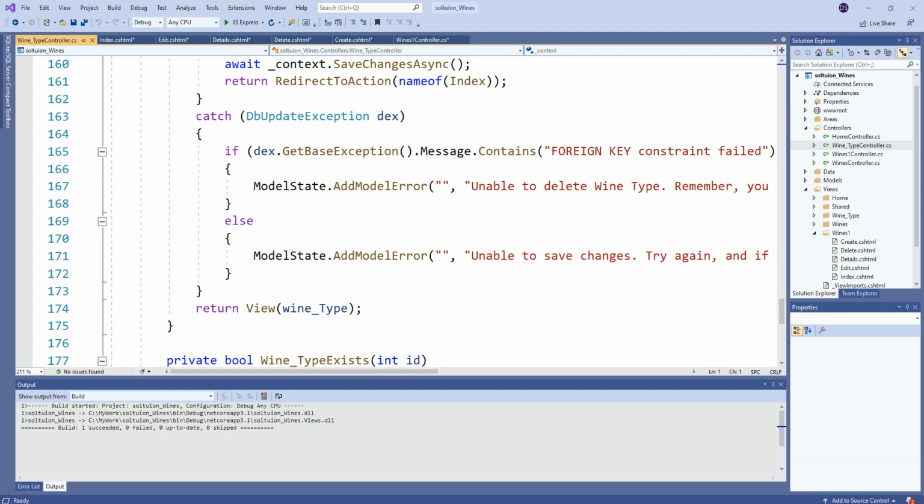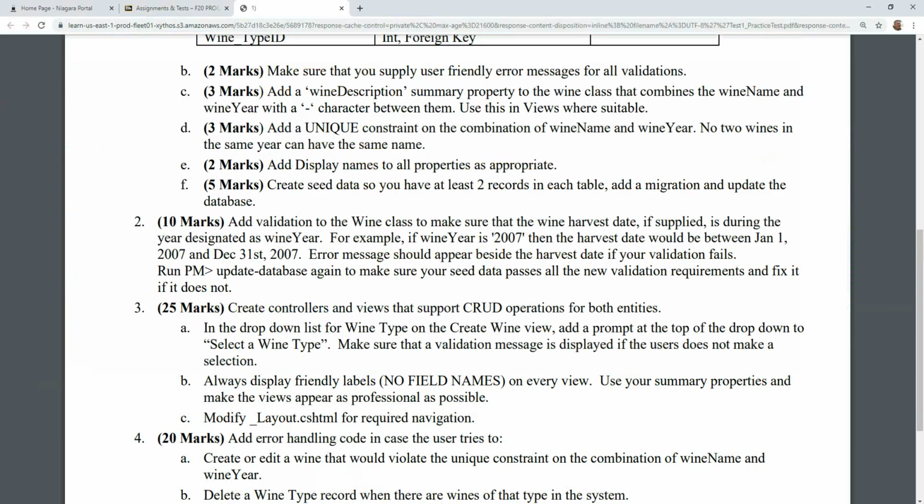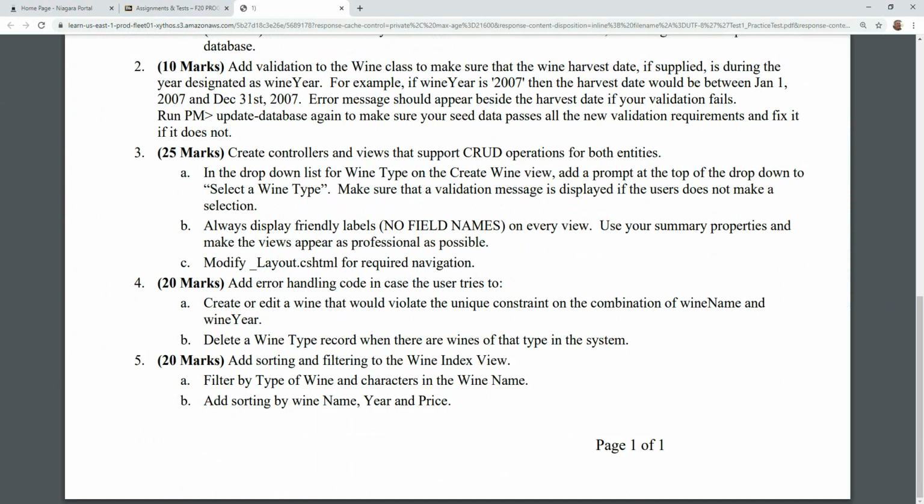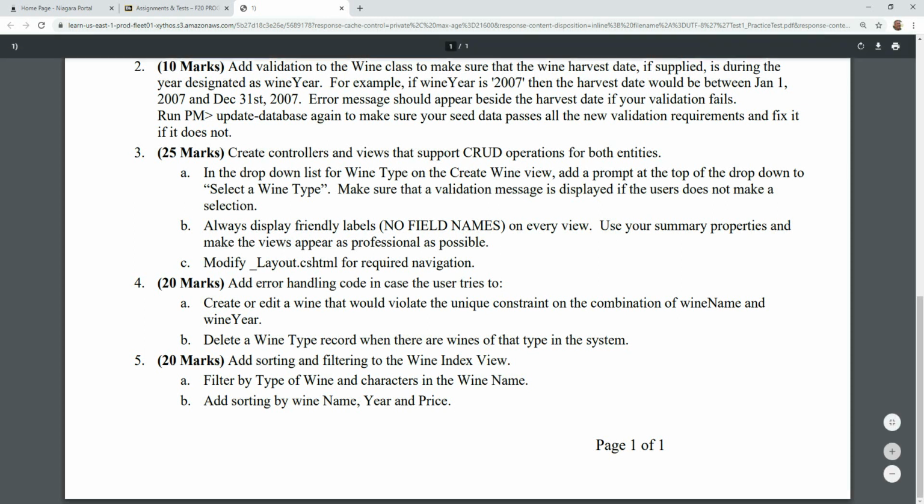So that's basically it for the controllers and views, right? The only thing left then would be the sorting and filtering, right? If I come back to the instructions here, yep, we have all our error handling in place for everything, the wine type, the deleting, and so on. So sorting and filtering, adding that to the index view. Maybe I'll stop and start